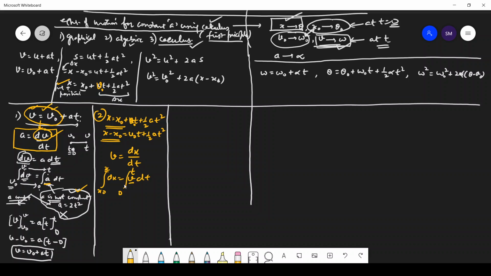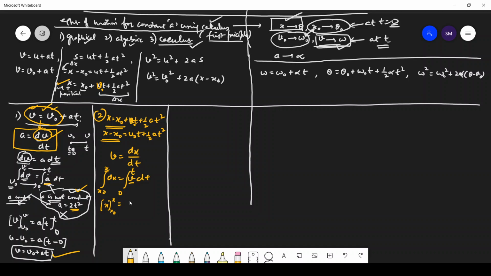So if v is not constant, like if a was not constant, I need to put the value of a here, right? But if a is constant, then a came out. But here v is not constant, so put the value of v. What is the value of v? This is the value of v, v naught plus at. And what do I get this side? This is x and this is x naught to x. This is equal to,